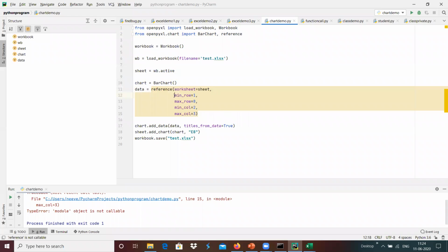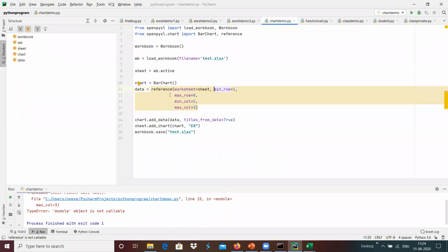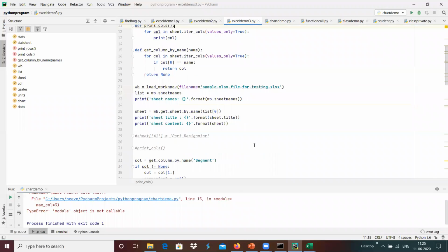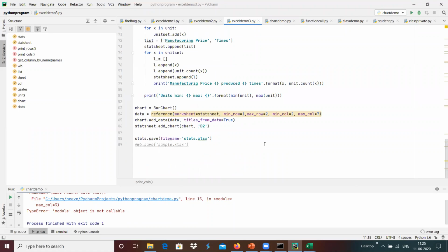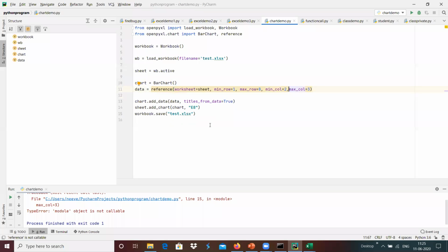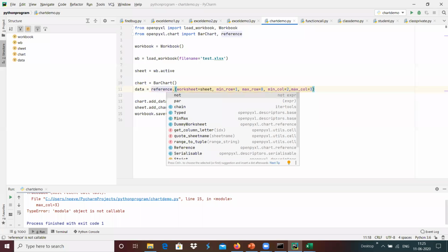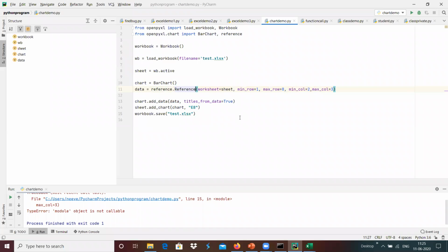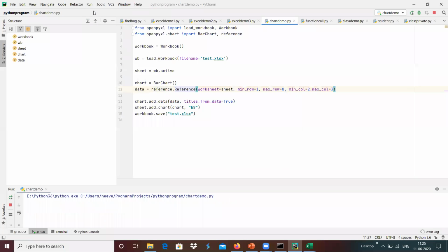Maybe I think this can be in a format, two equals maybe the reference dot reference over here, and I'm going to run the chart.